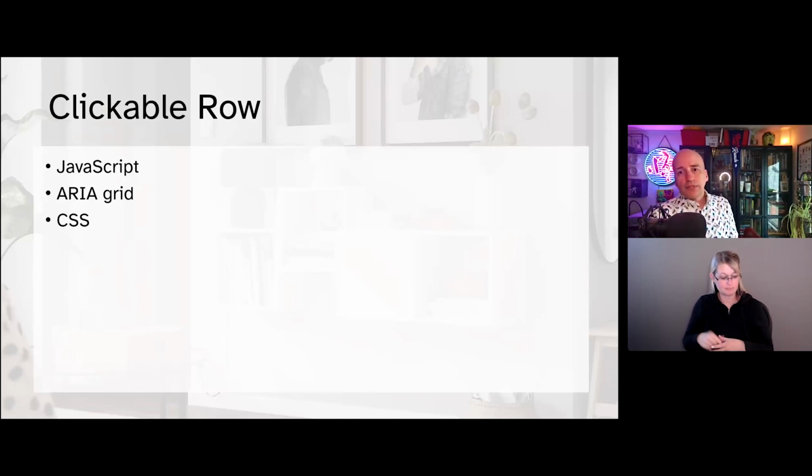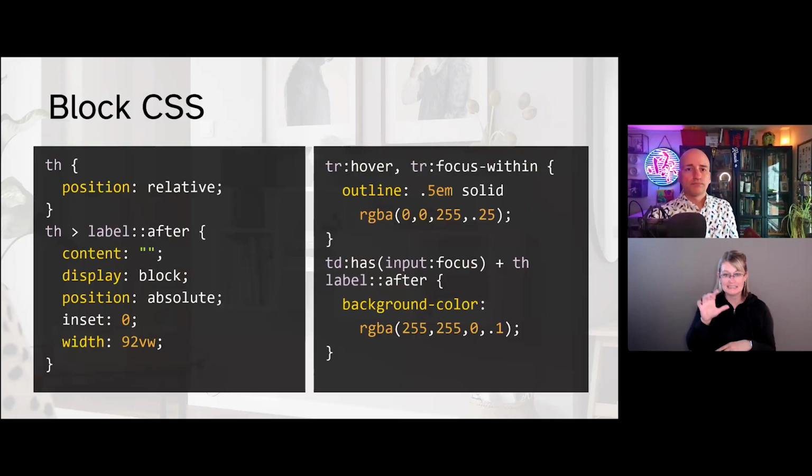Another method that I see more and more often are authors assigning ARIA grid roles to make an entire row clickable. Unfortunately, ARIA grid roles require the author to do a lot of extra work for them to function properly for screen reader users. If the author uses divs with ARIA grid roles, then I can confidently say that they built it incorrectly. And I'm saying it confidently because I have not encountered a working one yet. Instead, CSS can go a long way here.